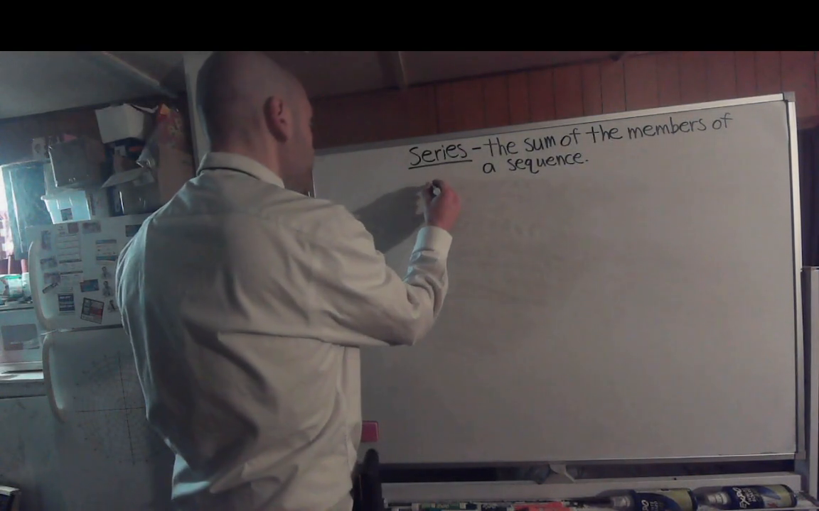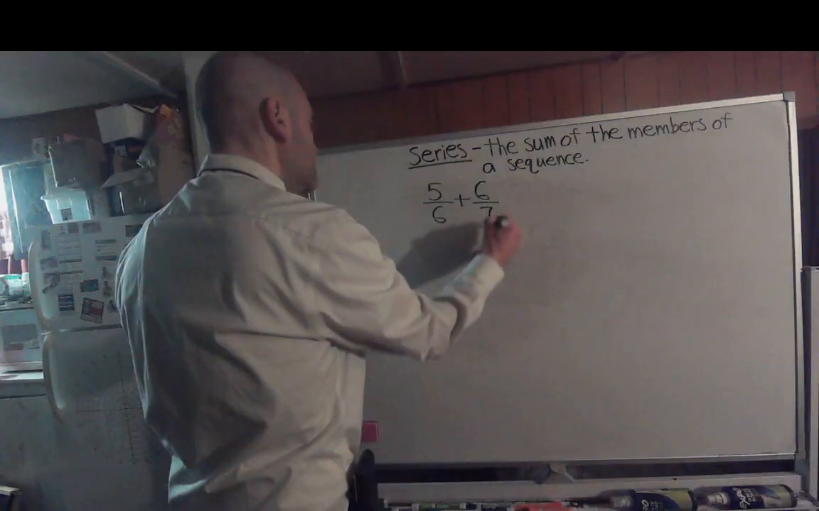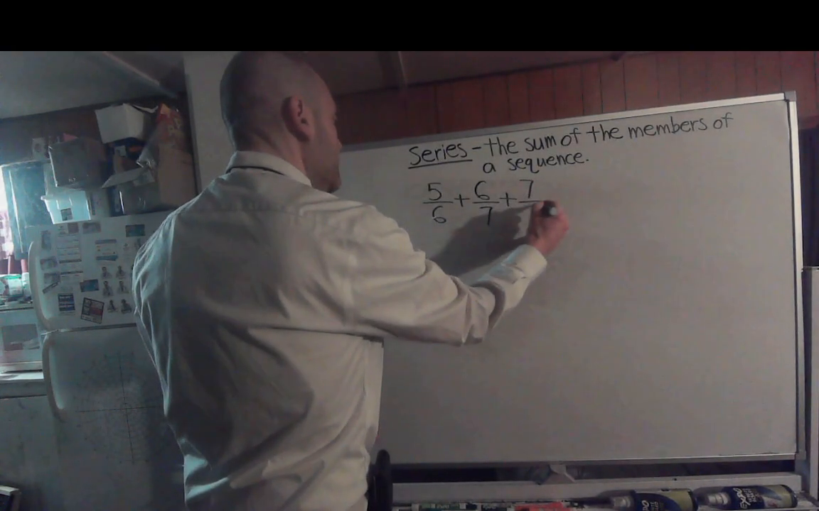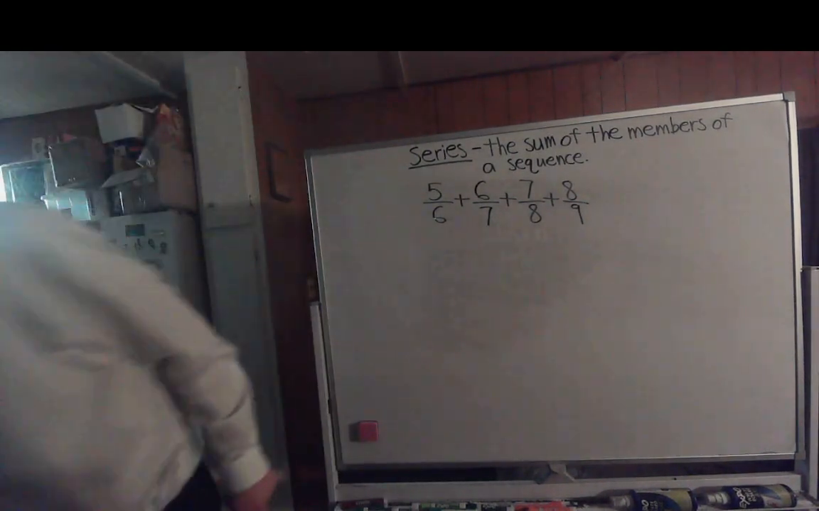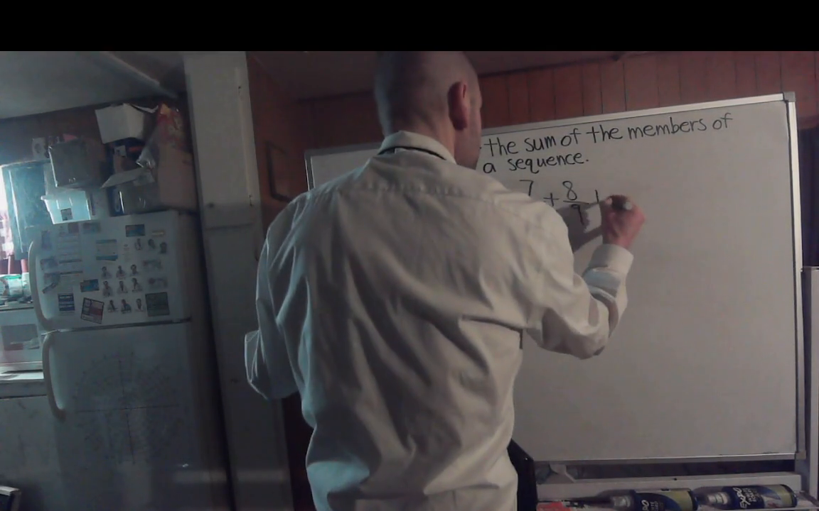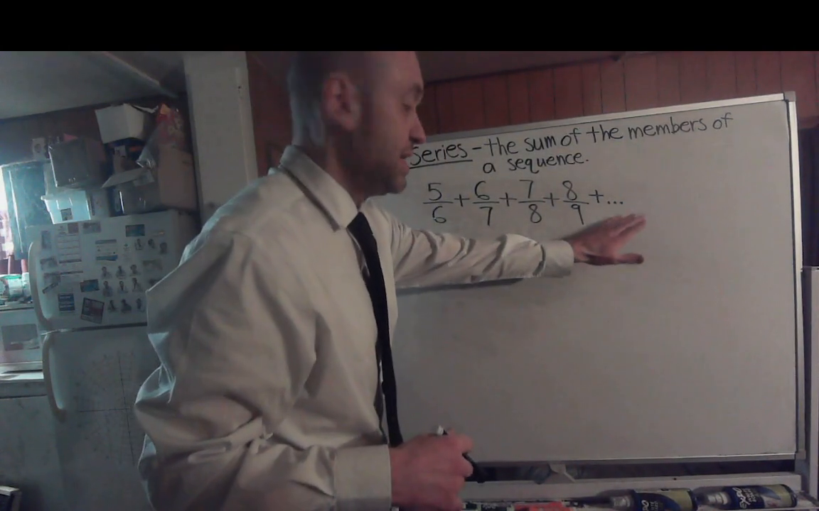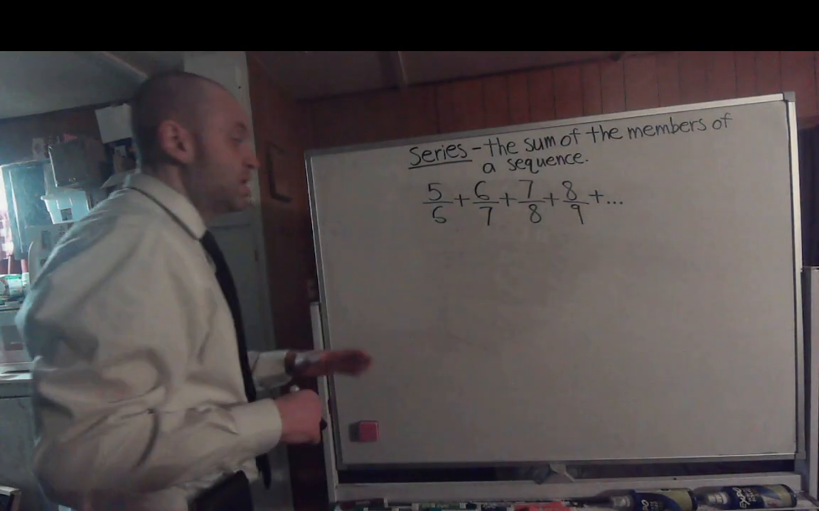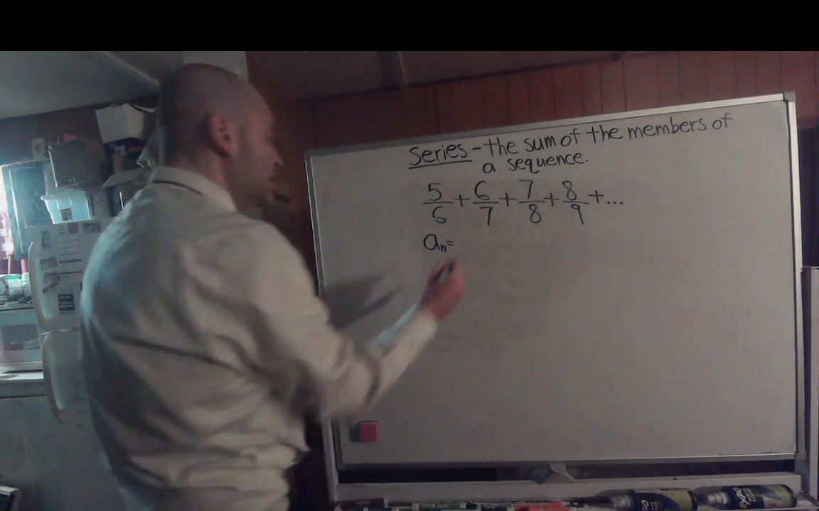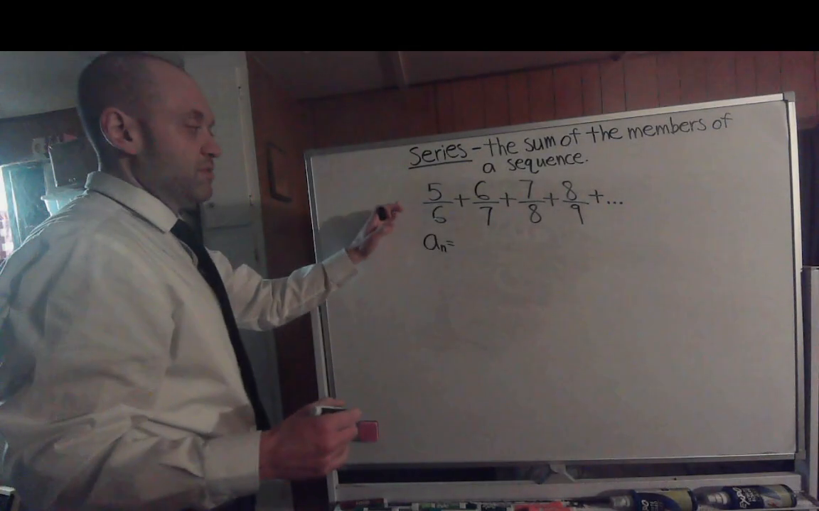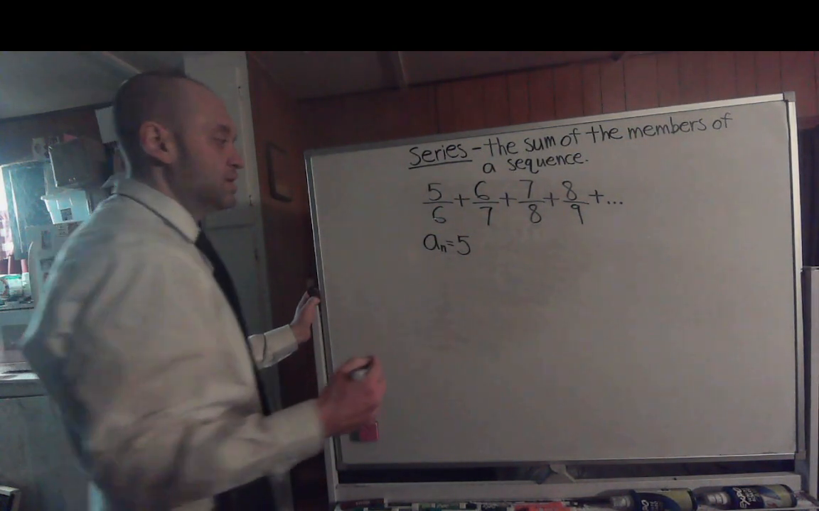Alright, let's see. We have 5/6 plus 6/7 plus 7/8 plus 8/9 plus... So we actually have another infinite series rather. Well, first let's find a formula for the sequence side of this. So we start with a number 5 in the numerator, right? And it increases by 1. So this would actually be